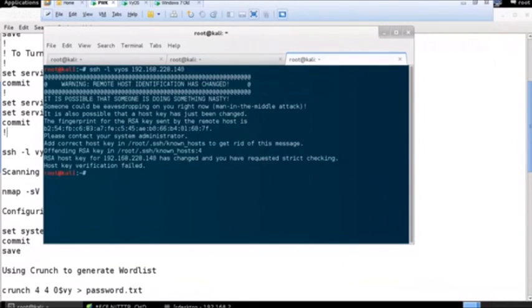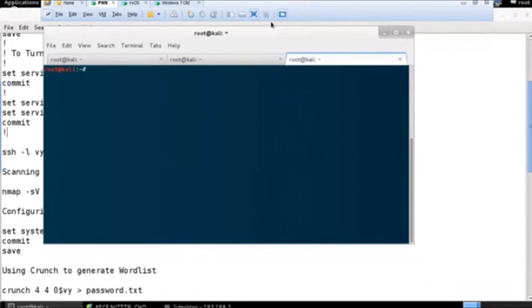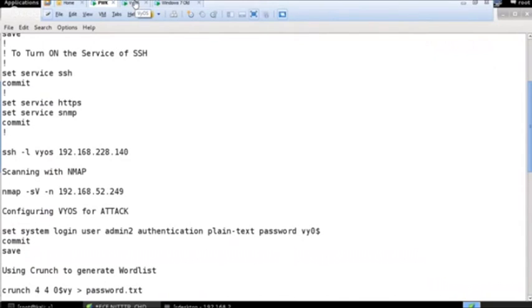192.168.228.140. Something is wrong with this router. I don't know why it is behaving like this. It is acting funny today. So let's go ahead and go to your BIOS and try to configure